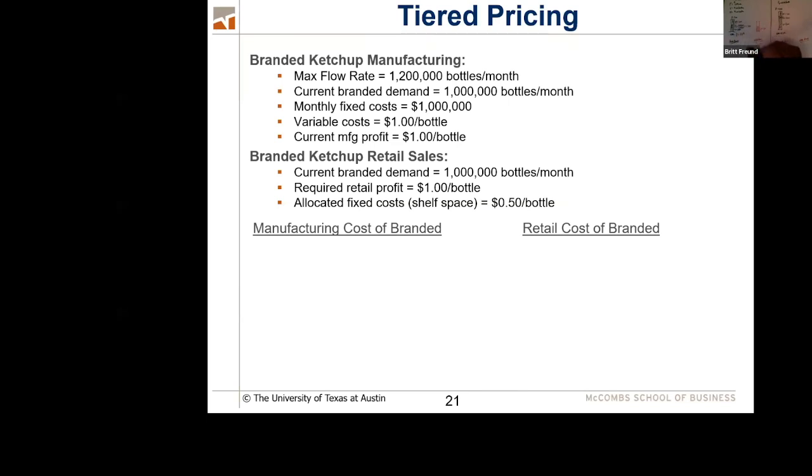I don't want to make less than $1 a bottle profit because that's what Brooke's making right now. Ashley wants me to make as much money as possible. So I'm going to go ahead and I'm going to try and make $1 a bottle profit, and my price equals $2.